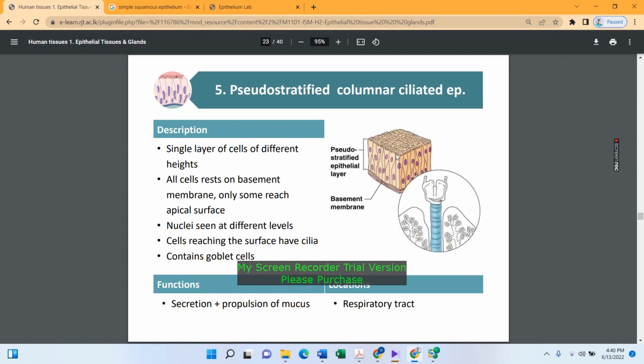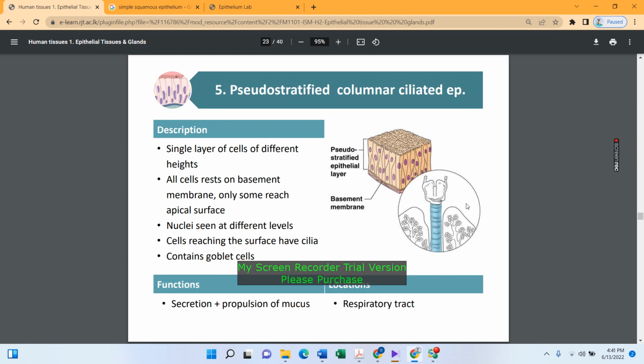So pseudostratified means it's a single layer of cells, but they have different height levels. Because of that, it appears to have several cell layers, even though it's actually one layer. All cells rest on the basement membrane, but only some reach the apical surface. Nuclei are seen at different levels. Cells reaching the surface have cilia,